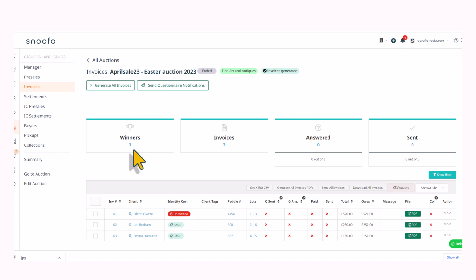We have 3 separate winners with 3 separate invoices. Invoicing after an auction can be a very labour intensive process. So at Snoofer we have made this much easier. Clients will often get in touch to request amendments to their invoice for different reasons, VAT changes, shipping changes, etc. And the back and forth required to make these changes adds up to a lot of extra work for the